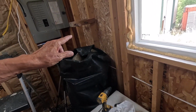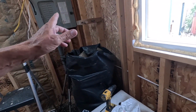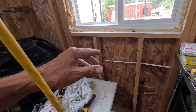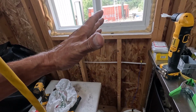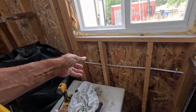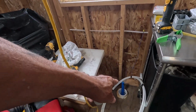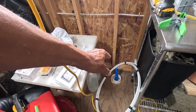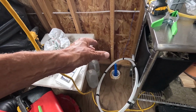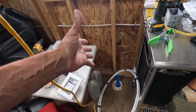So the line that goes over into the next addition has to be in place. That is really complicated. I should have brought that drawing over here. But we have 3 filters, a water heater, we have lines going outside, we have electricity going outside, we have electricity coming over for the water heater, we have a drain that's going to be connected to that 4-inch sleeve that the water comes up in, and then there's disconnect valves so that you can take everything apart and drain